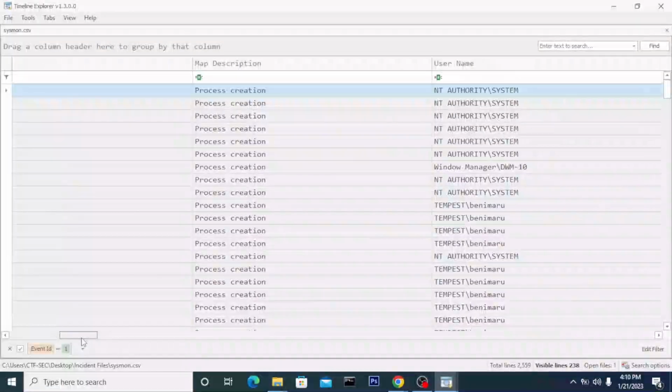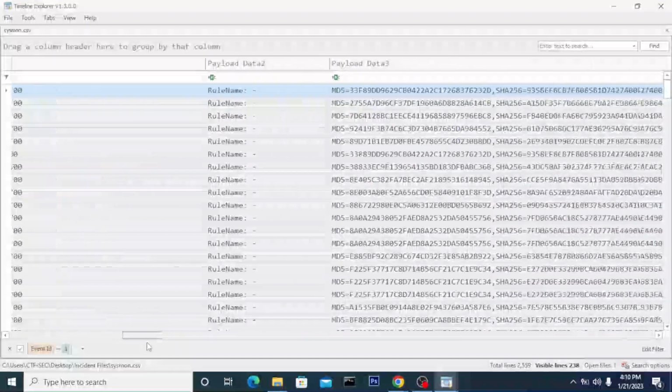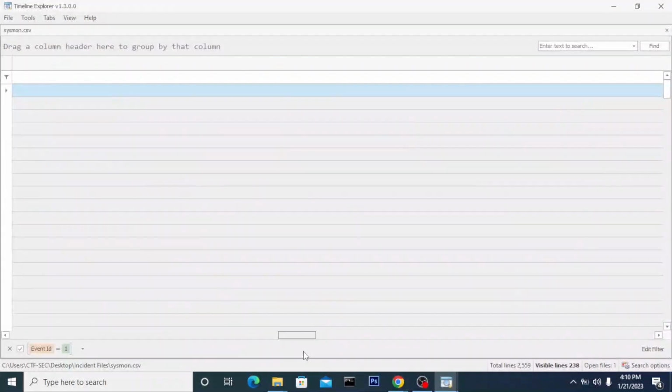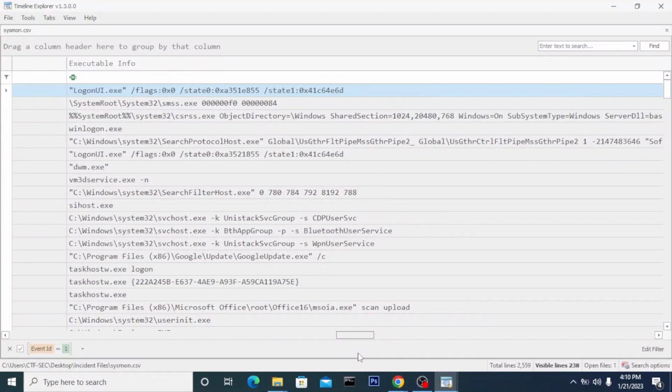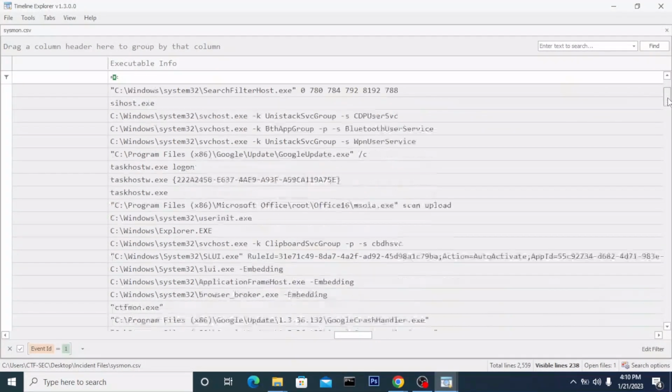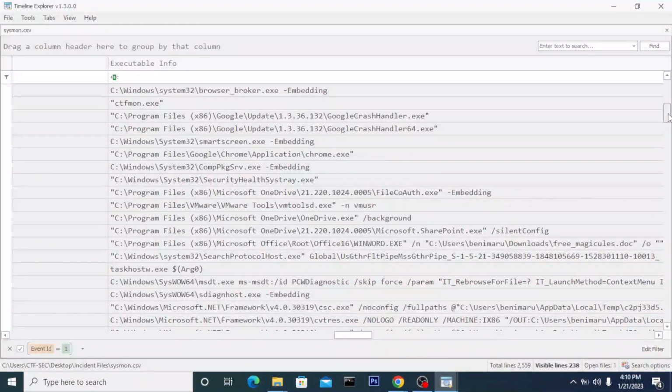So what I will just do is scroll down to executable information. So now we have list of all the executable information of event right here, and we have a lot of them ranging from the